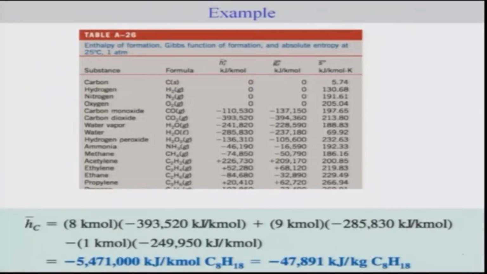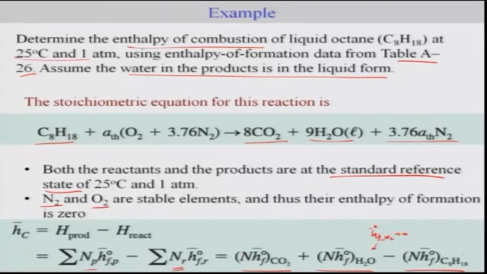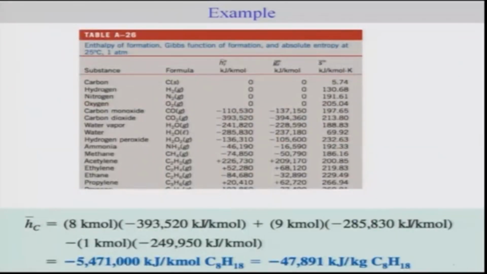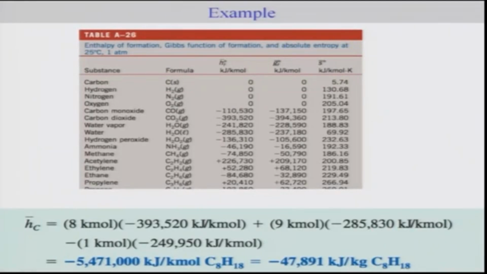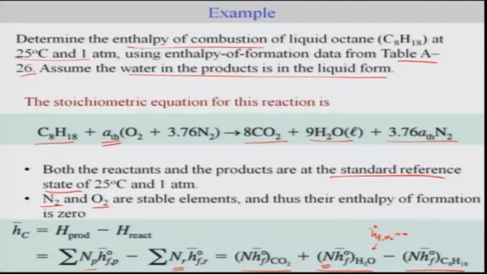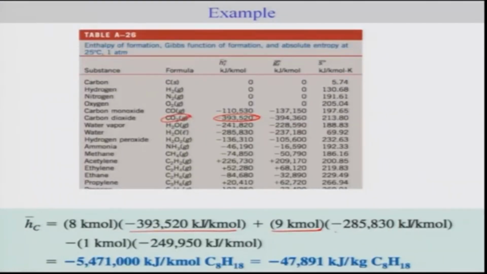Okay, now you can make use of this table. The table has all the important values. So what we need is the heat of formation for the CO2, H2O, C8H18, which can be directly taken from here, and based on the stoichiometric analysis, this will be your 8, and thus you have 8 kilomoles. This comes from your CO2 in the gas state. Okay. Similarly, this will be for the water. Water is in the liquid state, and hence this is 9 kilomoles multiplied by